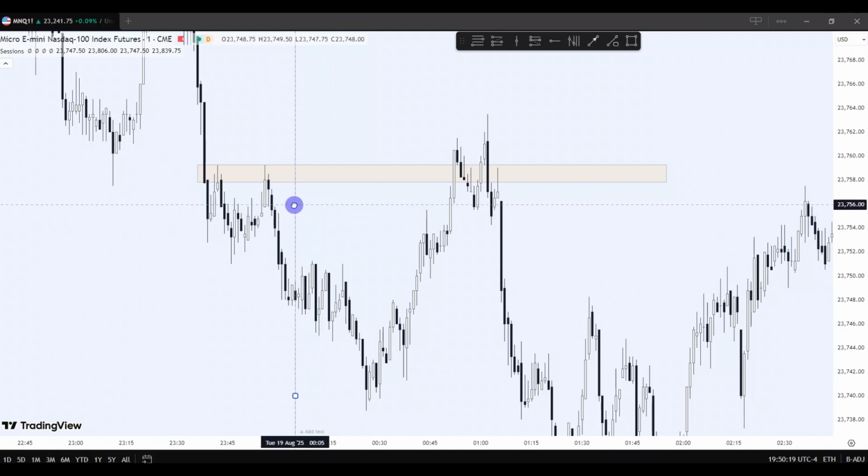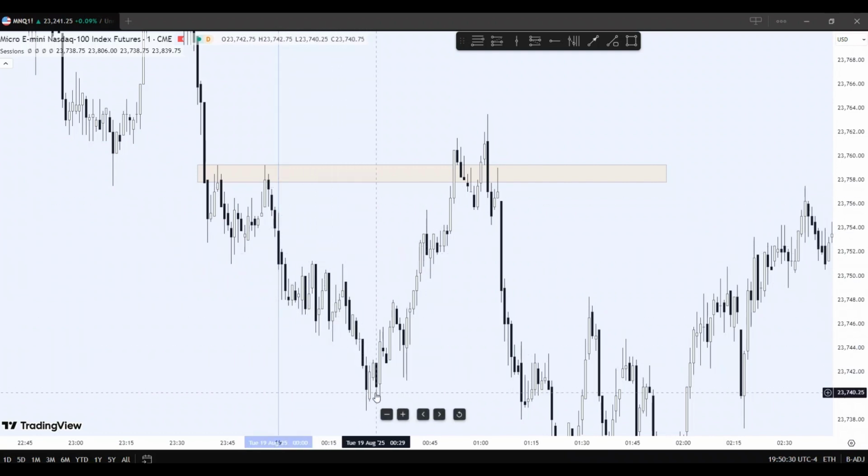Okay, it would be right here. So after midnight, price started dropping, and then right after, closer to 12:30, price started to return,